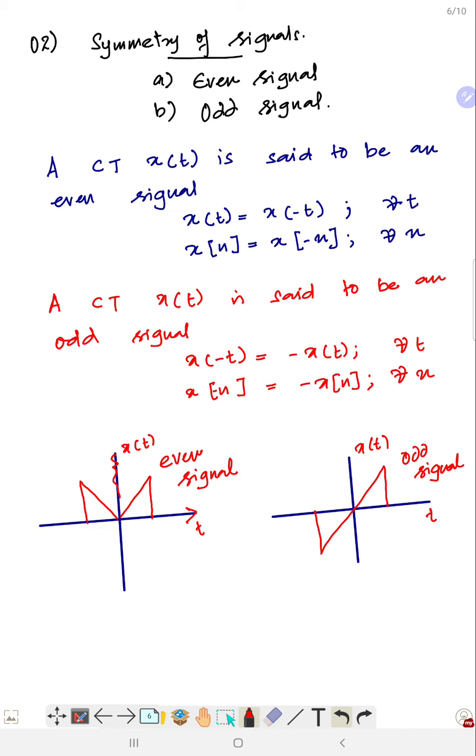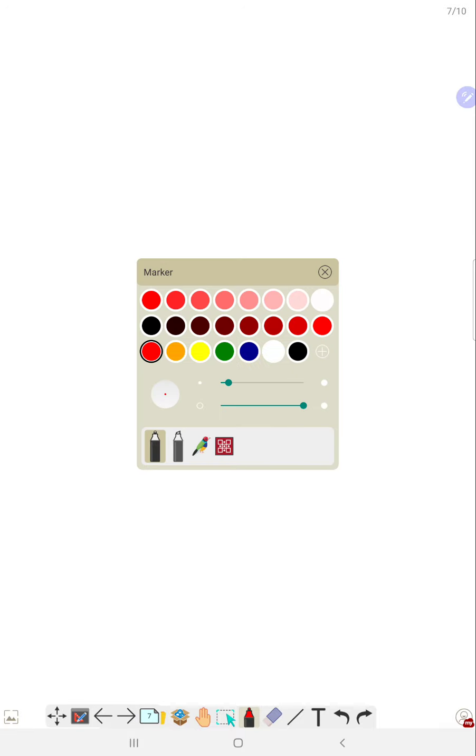Similarly, you have your sine and cosine waves. Your cosine is a symmetric signal, an even signal, and your sine is an odd signal. So this is as far as the classification goes, the even and odd. But related to this, we will do a bit of mathematical analysis. Actually, there is a generalization that any signal, say we take the continuous time case x of t, which will very well apply to the discrete case also, can be expressed